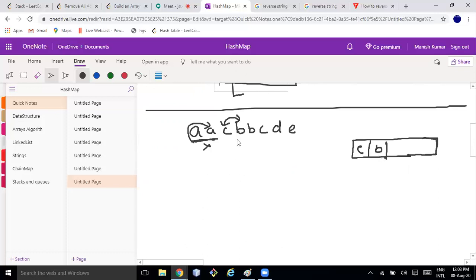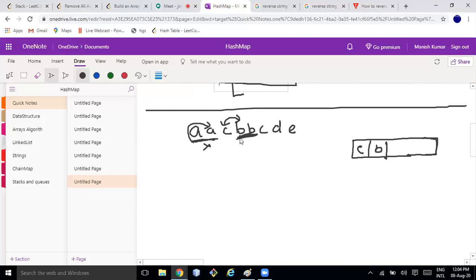That's great. What happened? Then I'll go next, this BB. I see both are equal, but this B is already compared, so I don't push B here. C and B are not equal, so I'll just push B here.